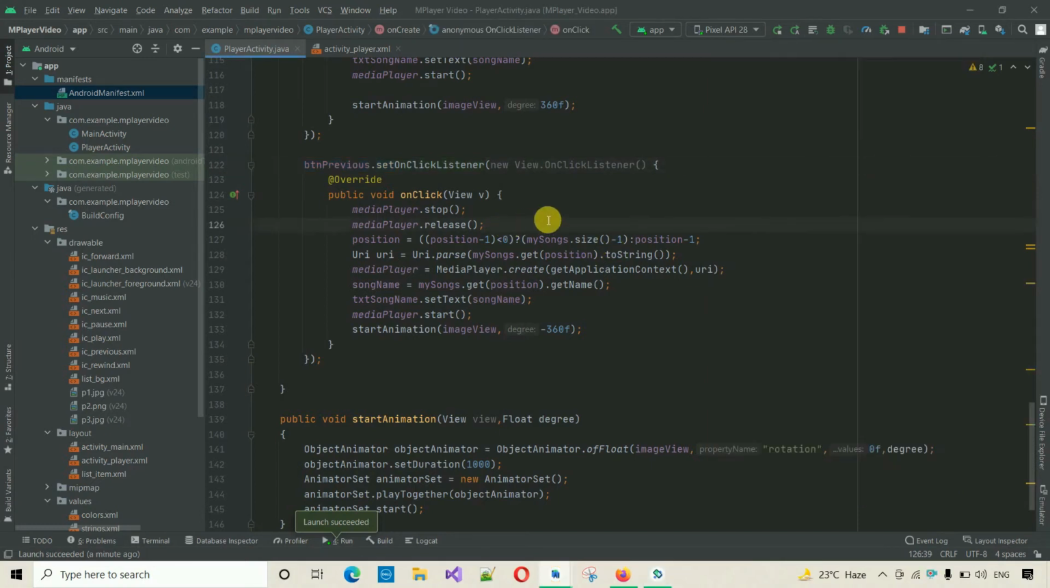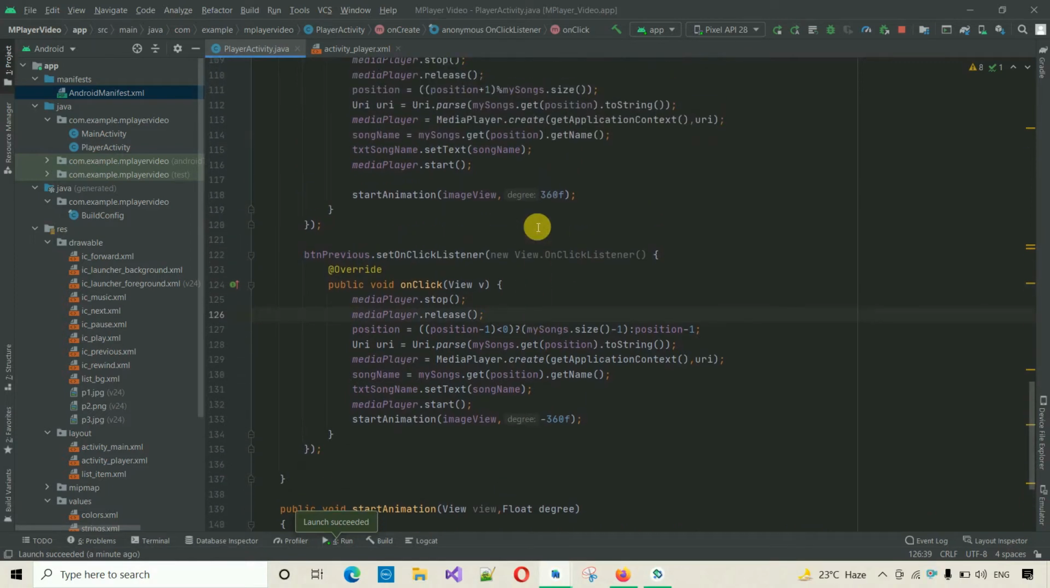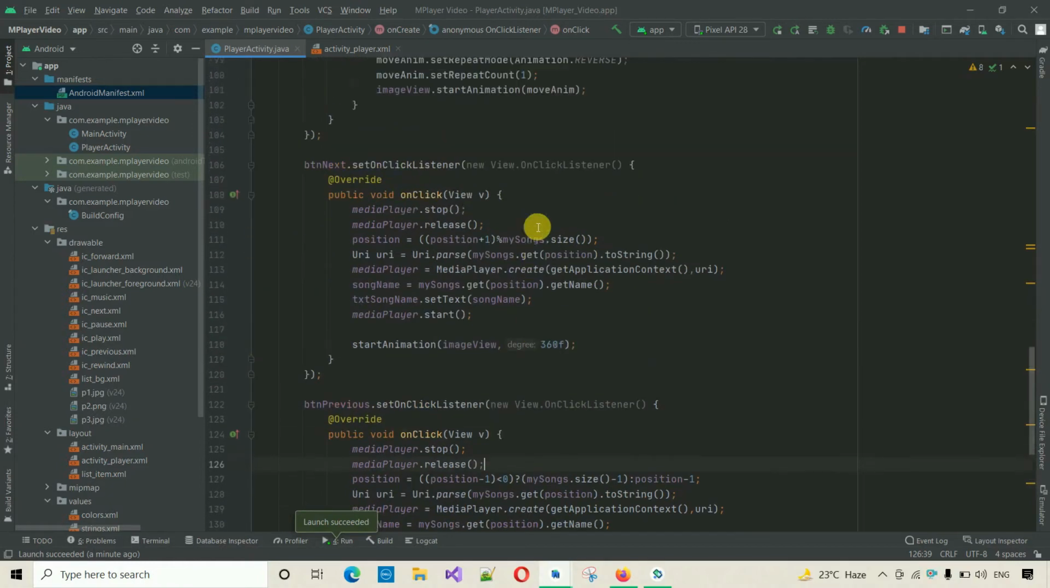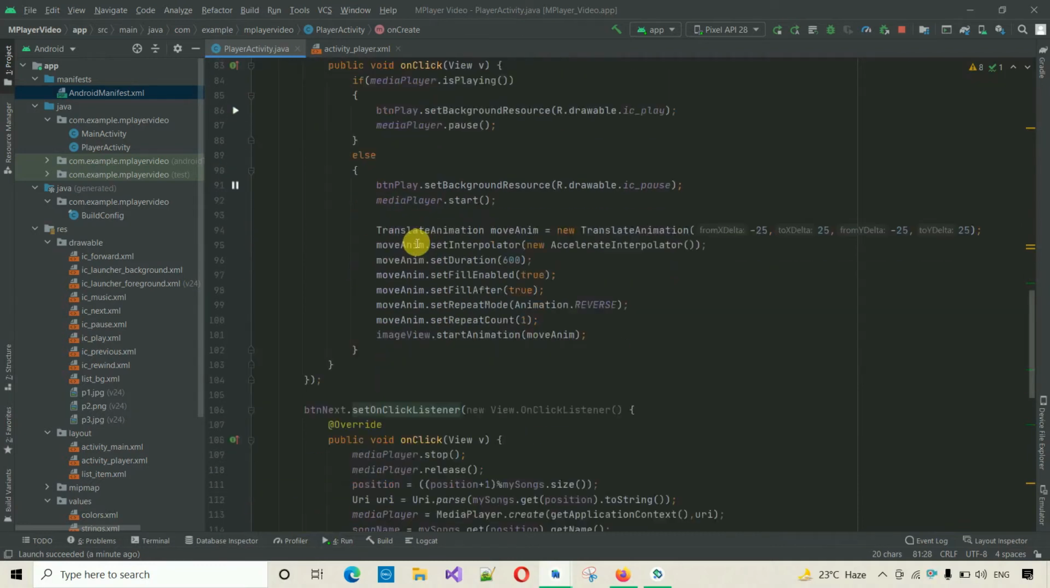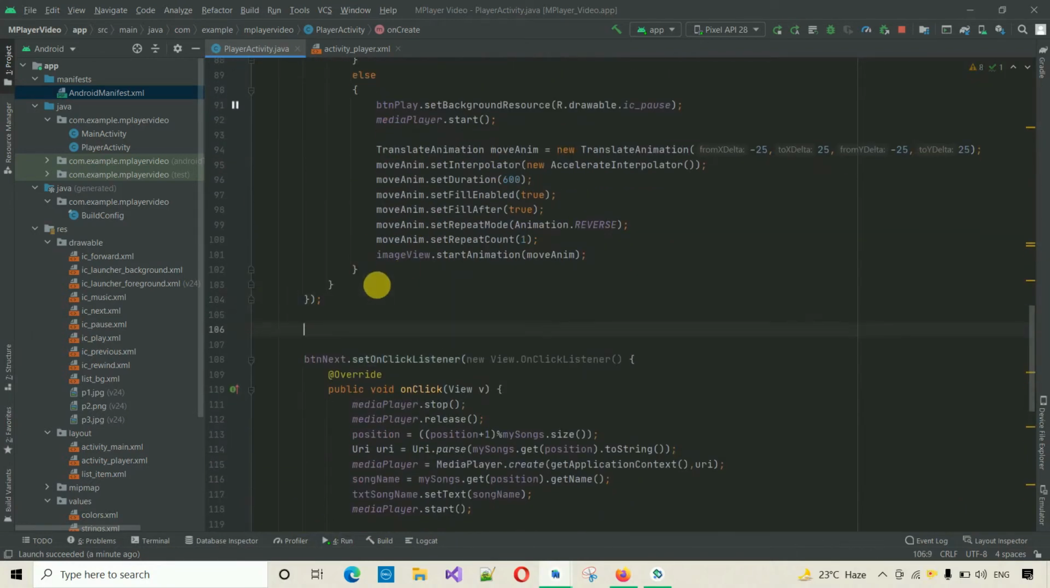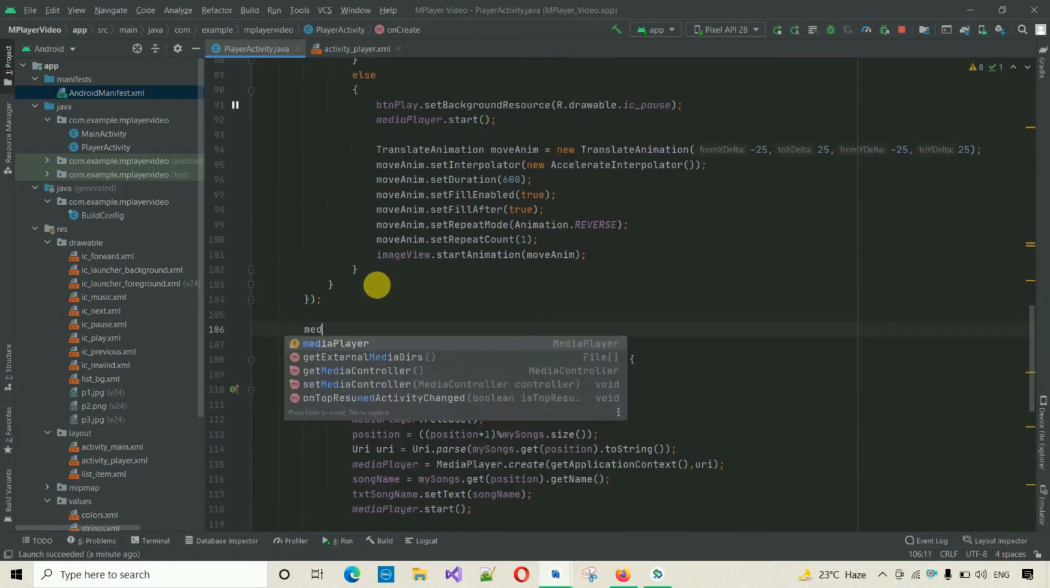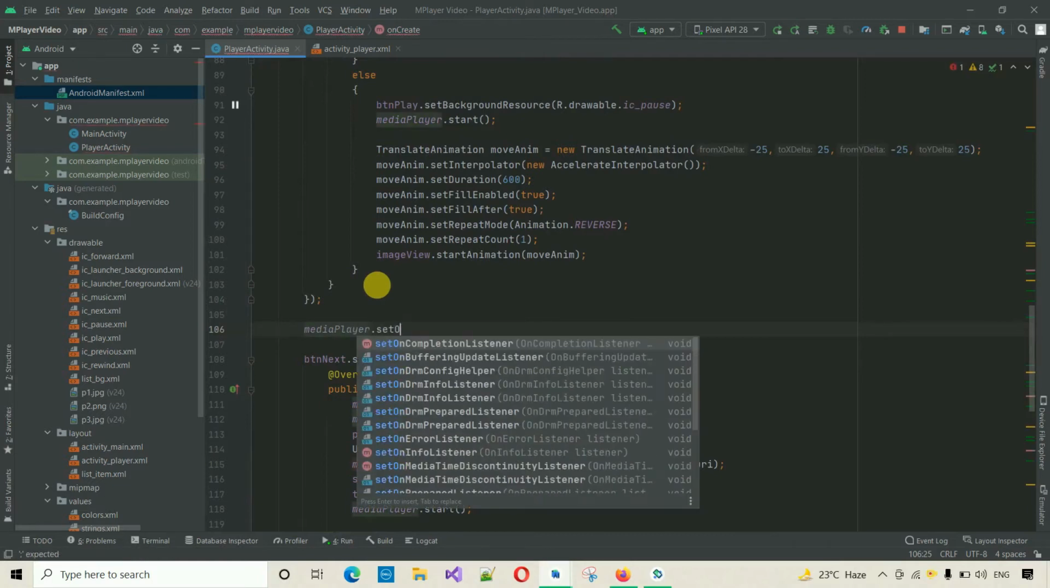Next thing we have to do is, if a song completes, like suppose a 1 minute song is finished and has completely played, then we have to change to the next song. So for that, we have to move back over to the btn play.set on click listener, and below over here we have to perform this operation: media player dot set on complete